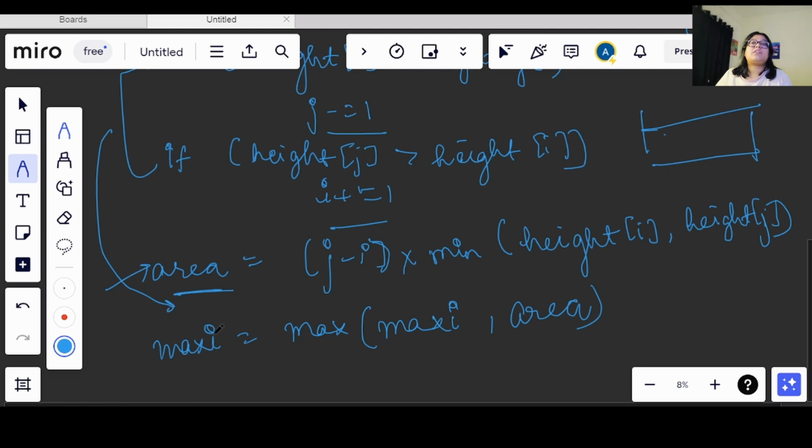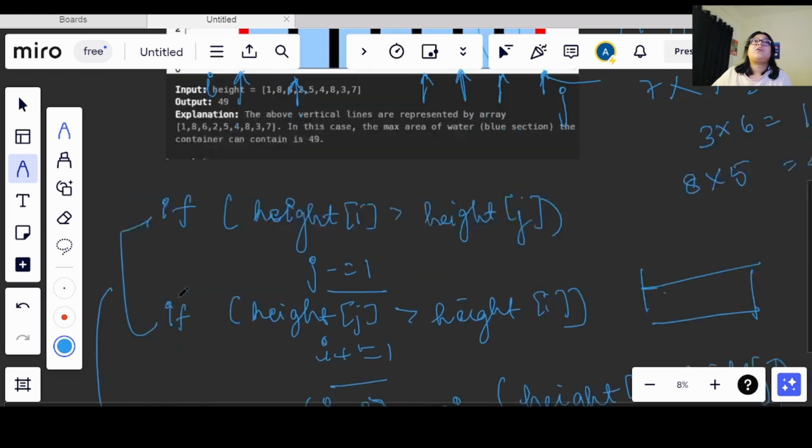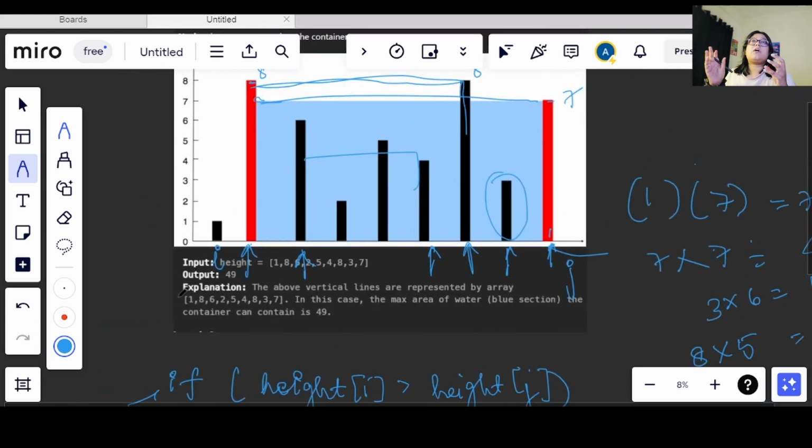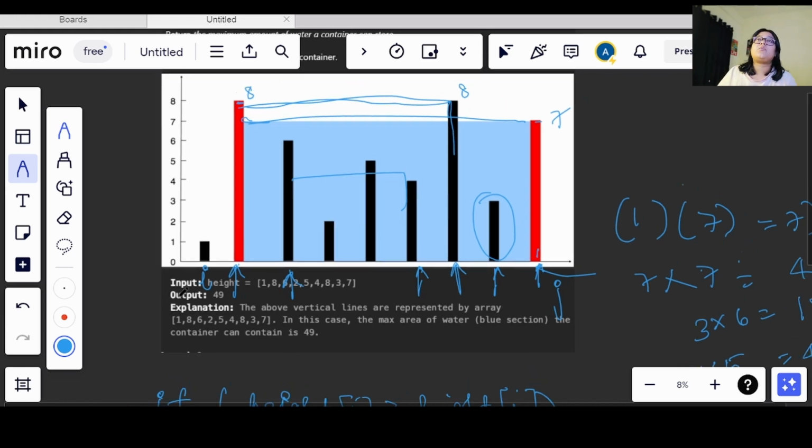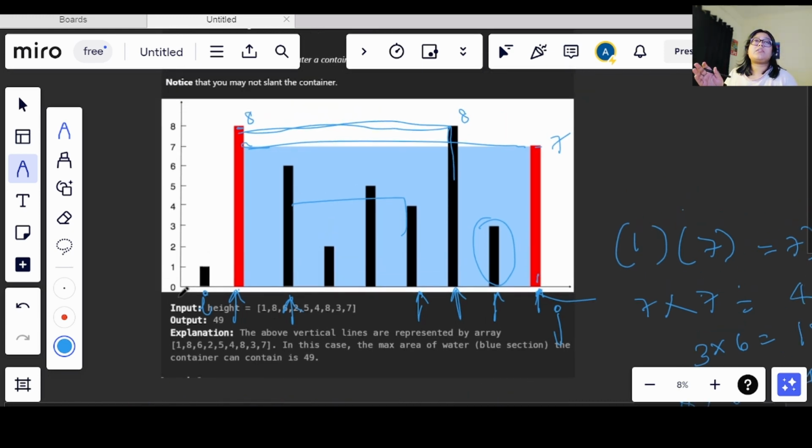So this is what we have to do in this question. This is quite simple to understand. What we are doing here is, we are calculating the minimum of the two pillars, and we are taking the length of that, and we are returning the area. We are moving the pointers according to the minimum pillar. If the height is minimum for that, the pointer will move, and the greater height will be staying at that point.